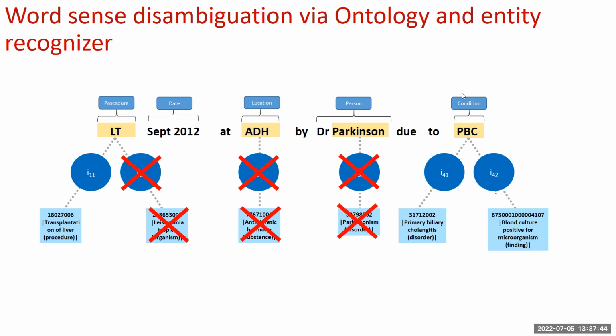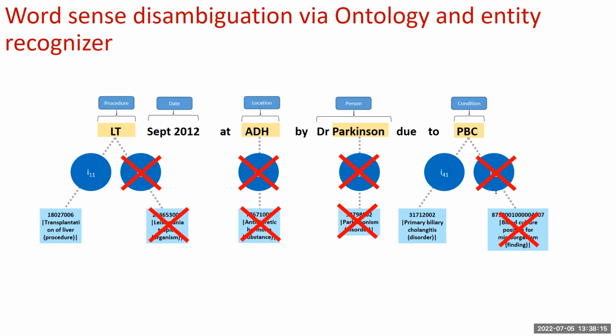And then if PBC is a condition or disorder, well, finding could also be a disorder, but if the tagger makes a distinction between, let's say, disorders and other findings, then you could also discard this here, and then you really have only what represents what you want. Yeah. So that shows you that natural language processing really provides you with a toolkit of so many different